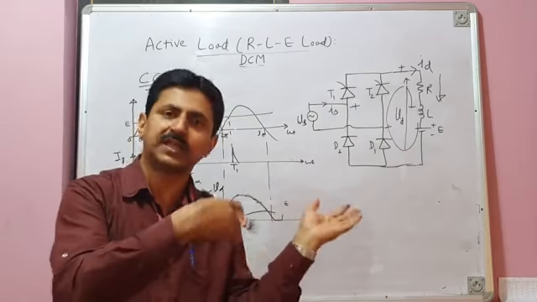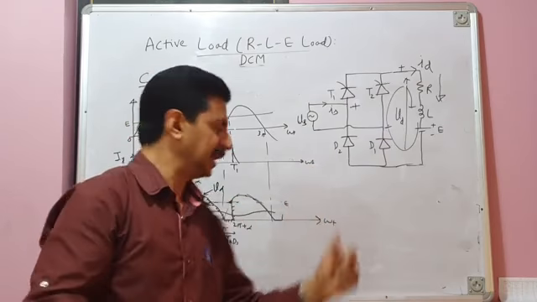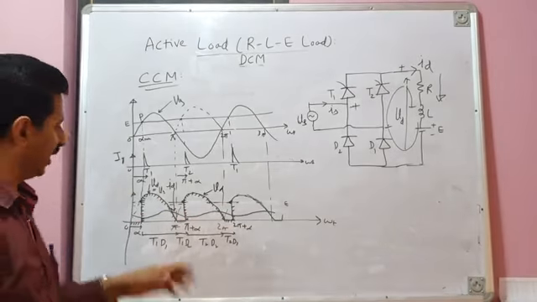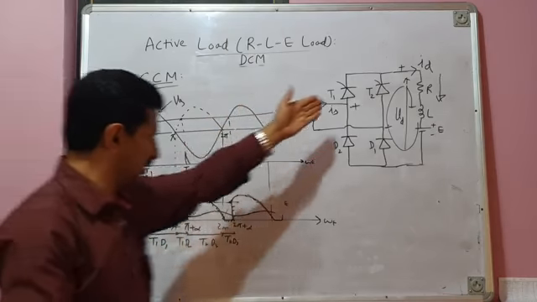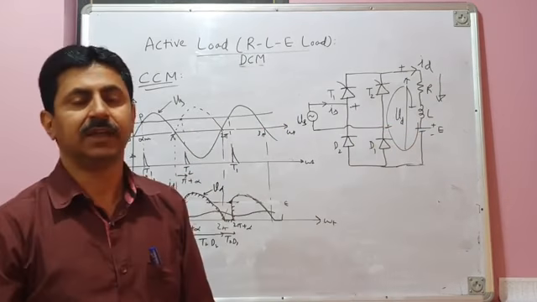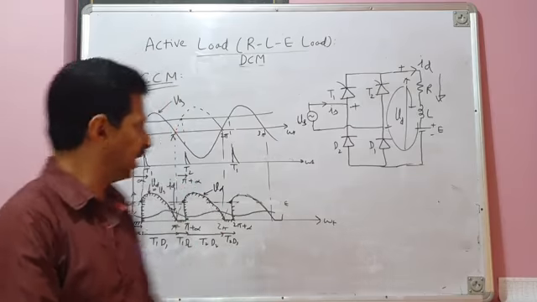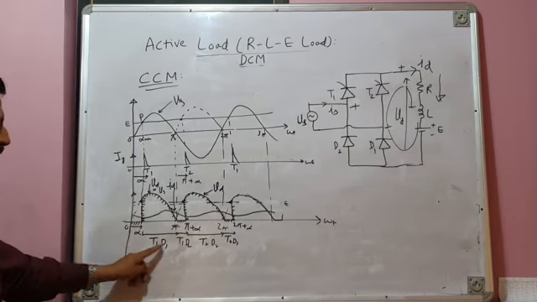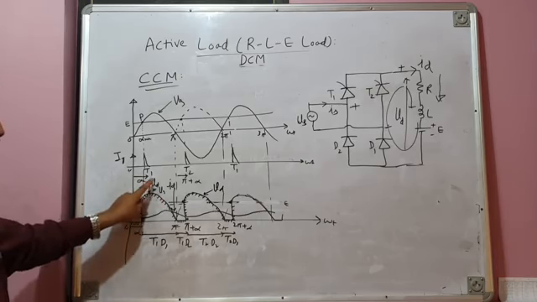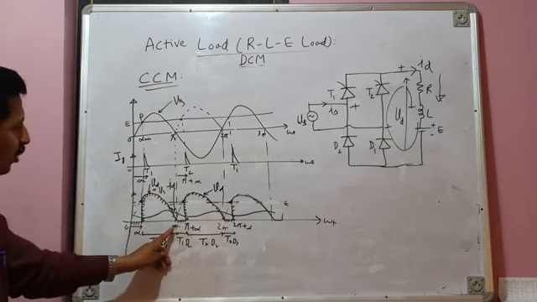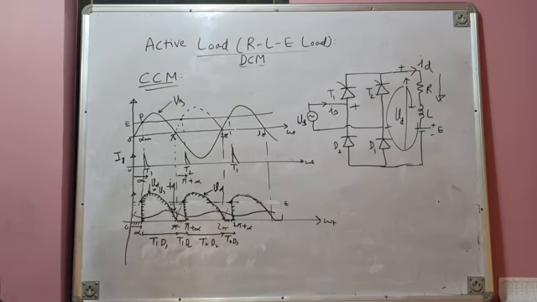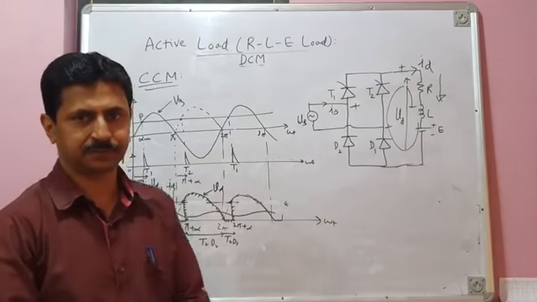It appears only in the discontinuous conduction mode of operation, the previous case. It does not show its presence when the load current is continuous. So in this case, the circuit behaves simply as an RL load. E is irrelevant. It does not show its presence in the load voltage. Load voltage is, in the thyristor conduction interval T1, D1 from alpha to pi, during which period VD is equal to Vs, the source voltage. And then you have the freewheeling interval pi to pi plus alpha, during which period load voltage is 0. So E does not show its presence at all.